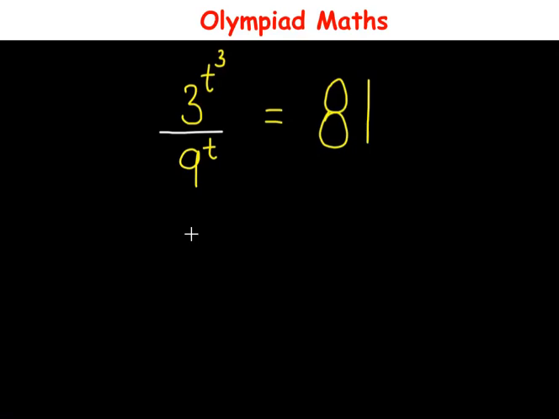Hello everyone, in this video let us solve this question. So we have (3^t)^3 divided by 9^t is equal to 81, and here we have to solve for the value of t. So t is the unknown we have to solve for. To solve this,